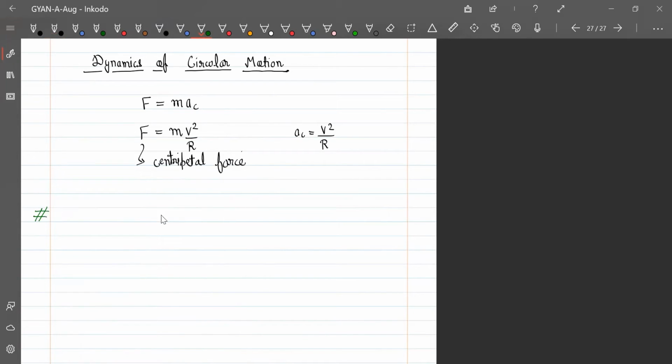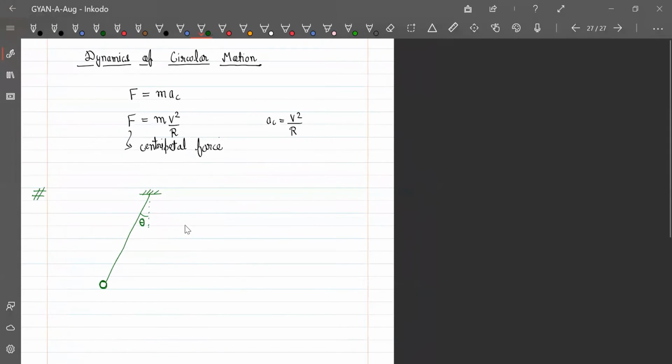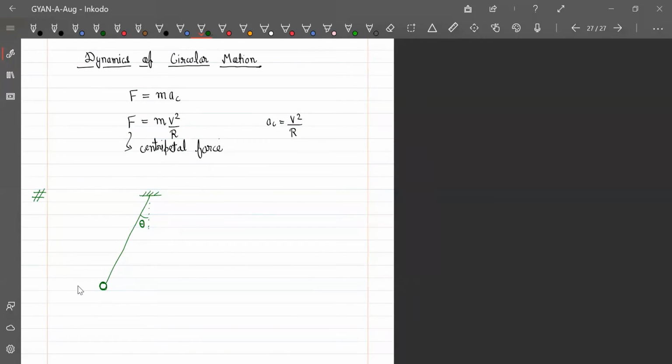we have a pendulum, a bob which is hanging on a swing, and let us say currently it is making an angle theta. So right now, the speed at this point is 0. Okay, at this point A, let us say the speed is 0. So if you draw the FBD at this point, FBD at A,